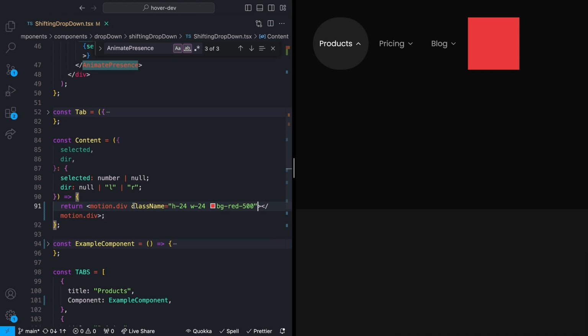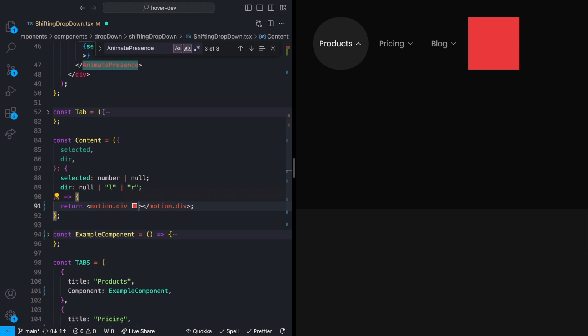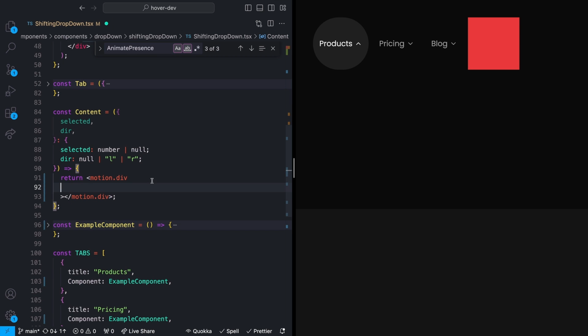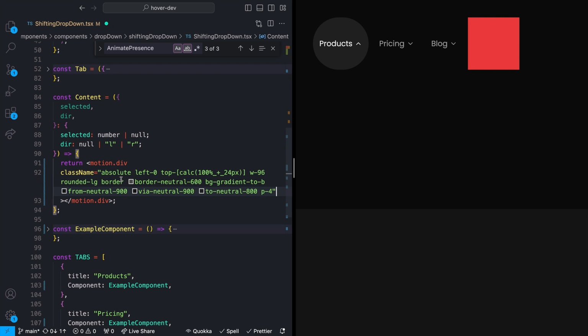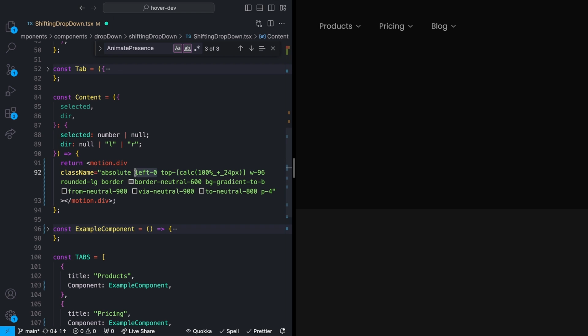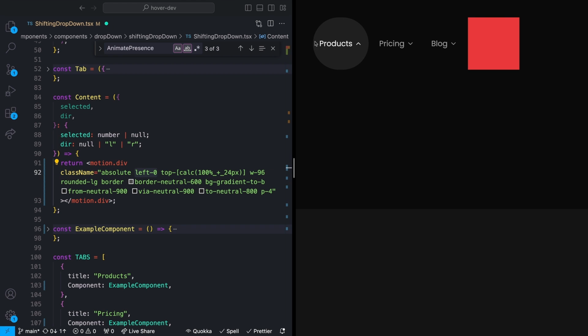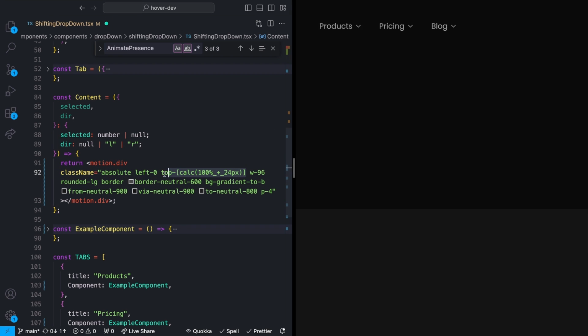Now there's a fair number of styles that I actually want to use, and they are not these ones, obviously. So let's give ourselves some space here. And I'm just going to drop these in and we'll walk over them. So first I want a position of absolute because we're going to absolutely position this below our tabs. I'm going to set it with a left of 0 so that it lines up on the left side of my tabs. I'll give it a top of 100% plus an extra 24 pixels. I want to know how long or how far the distance is between my tabs and my actual content. So now we know it's 24 pixels, giving it a static width of 96, which is 384 pixels.